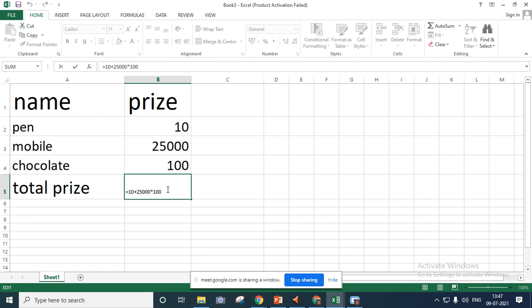So with the help of different operators, you can find out the total marks, and with the help of different formulas, you can calculate things. Did everyone understand that? Yes, ma'am. Any doubt you have in this? No, ma'am. Okay, so in the next class, we will write one table, that is your student table, and we'll find out the percentage of each student with the help of their marks. How to find out the percentage, which formula we have to write, we'll see in the next class. Okay?